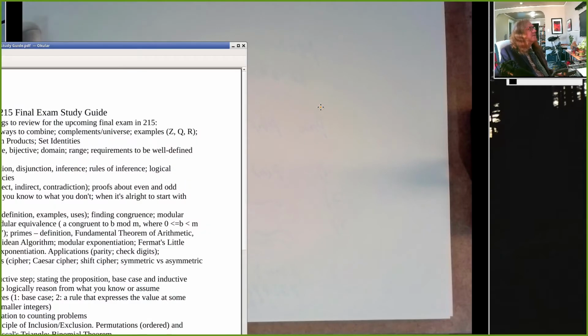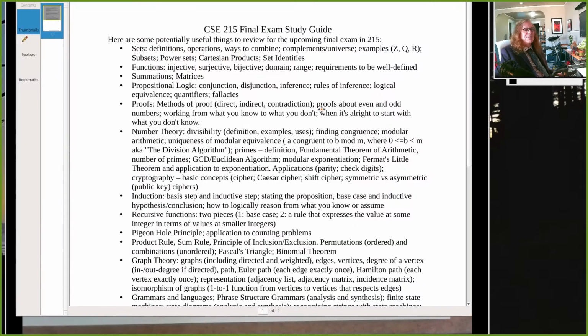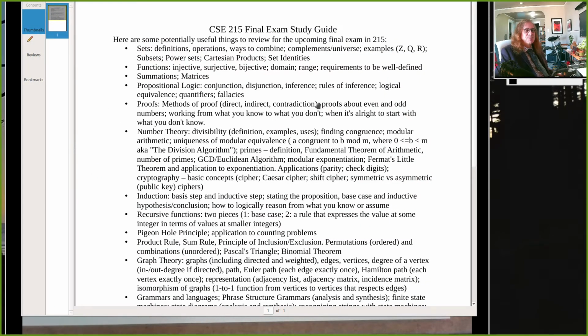All right, so the study guide is posted on Canvas, and let me just pull that over. And there's a lot in here. If you just looked at this, it would probably be pretty disturbing, because there's a lot of stuff in here. But really, we've covered a lot of material in here. And again, I think people are really solid on this. So let me just run through here, but keep questions coming, and if there's something you want more information on,